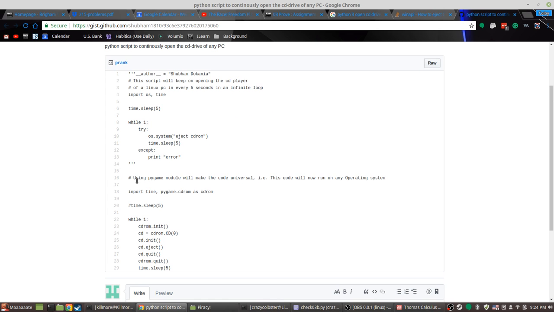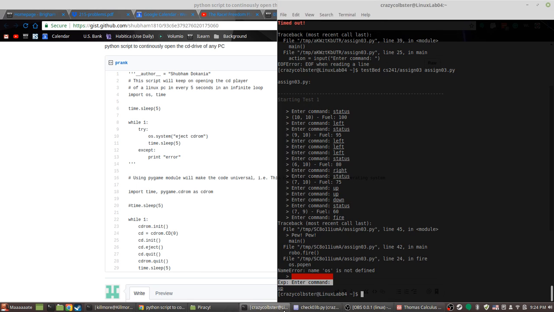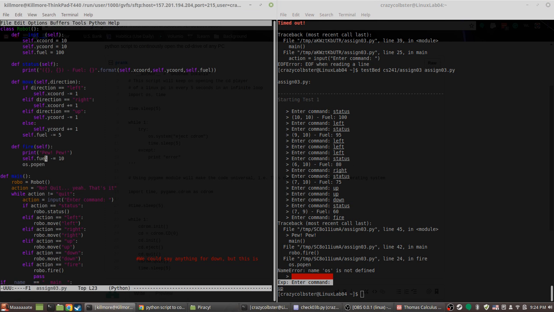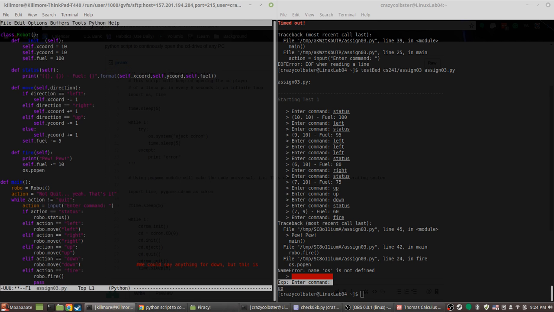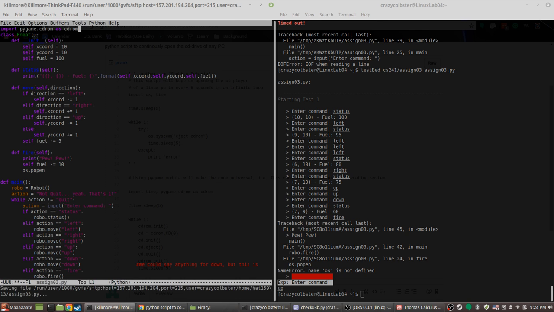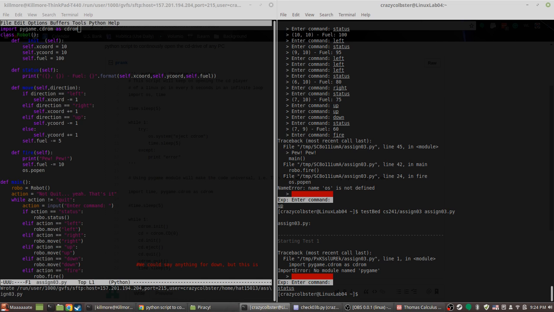Okay, so I need to import pygame.cdrom as cdrom. I'm probably going to do this super wrong. Import pygame.cdrom as cdrom. How do I break my program?